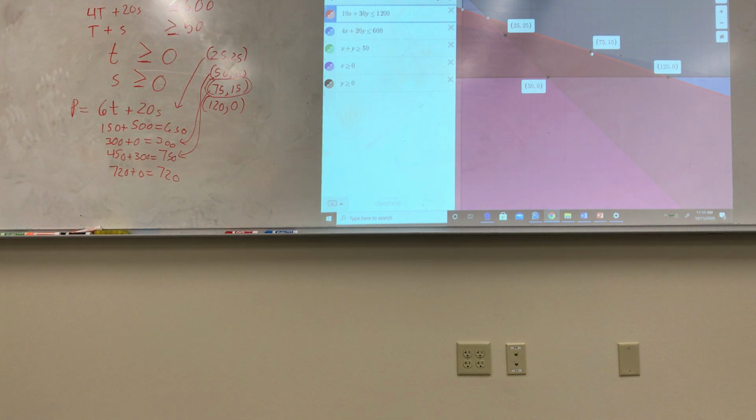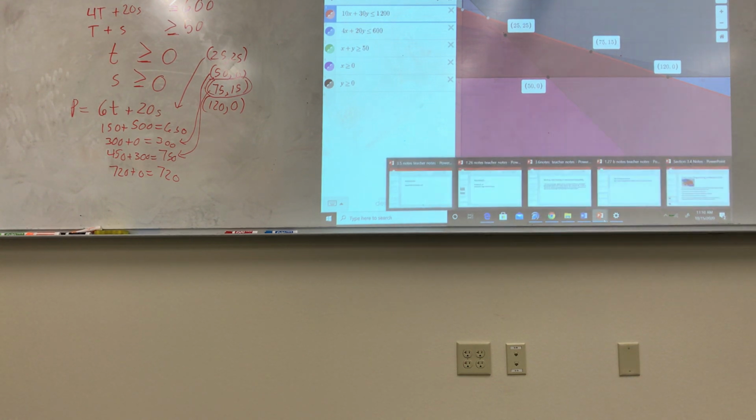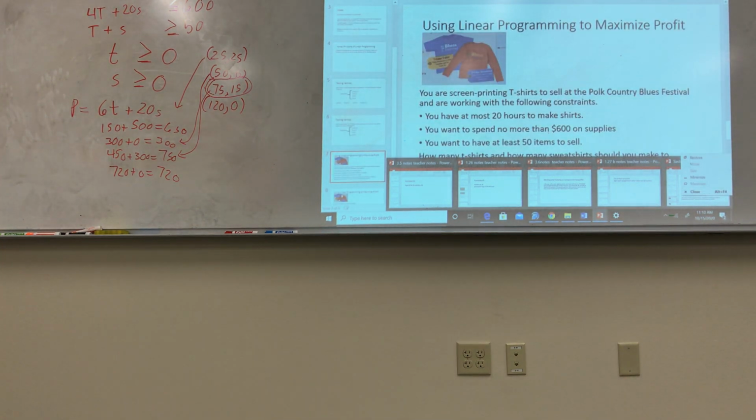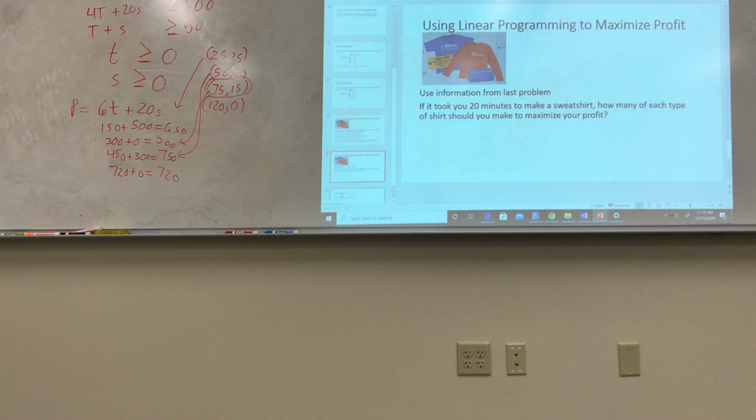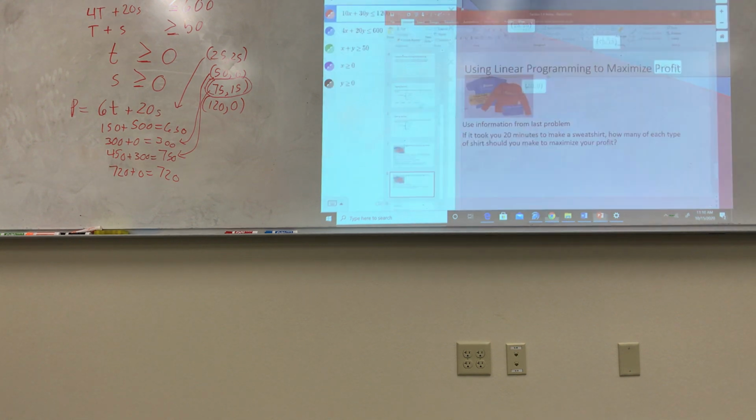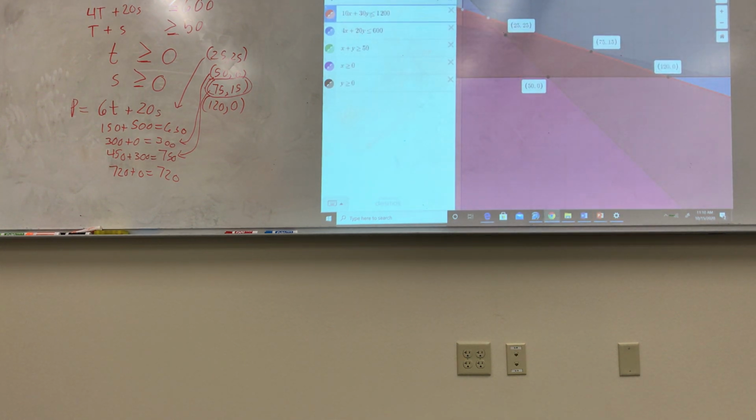Okay. One more here. Now if it took you 20 minutes to make a sweatshirt, how many of each type of shirt would you make to maximize your profit? Okay? So all we're actually going to do is this equation right here. We put in 30 minutes to make it, now we're going to make it 20. Okay? Now if I go in here and highlight my points,